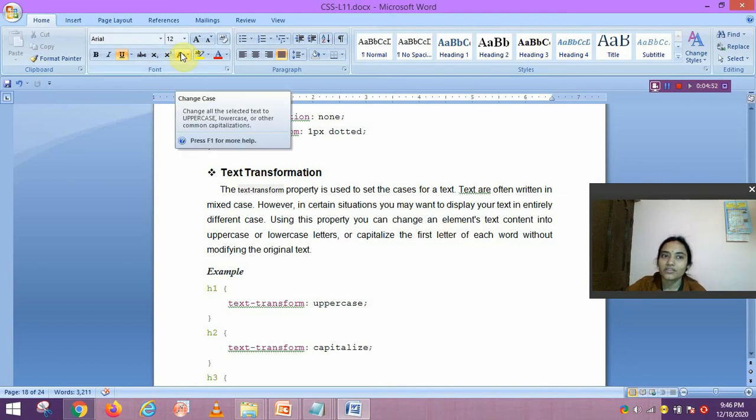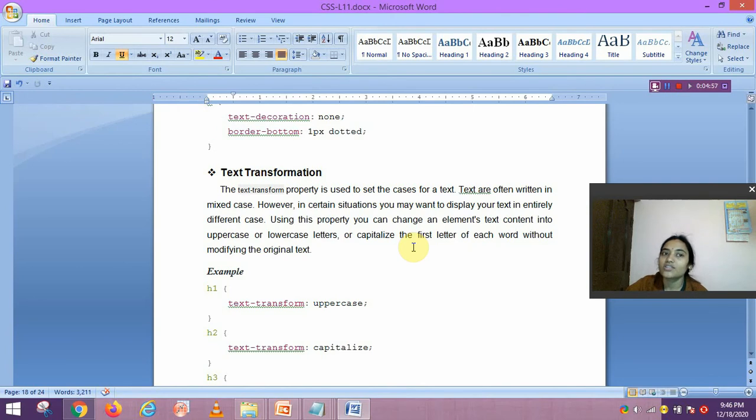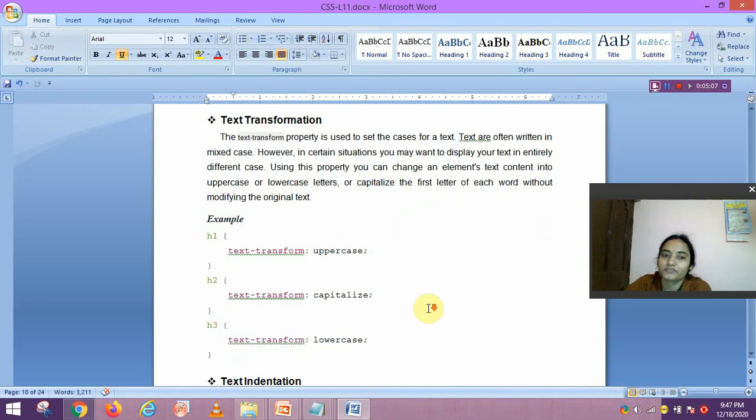That means what we call change case in Microsoft Word is known as text transformation in HTML and CSS.